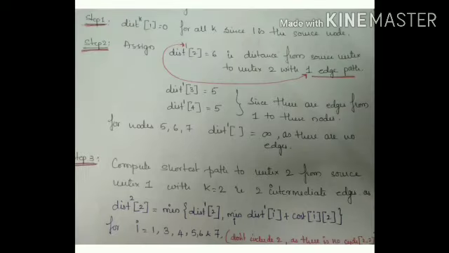So the very first step is to assign dist of k of 1 equal to 0. So dist raised to k of 1 is nothing but the weight of the edge that comes into the very first vertex, that is the source vertex. So here 1 is the source vertex, it means that it has no edges coming into source vertex 1, and therefore dist raised to k of 1 is always set to 0.